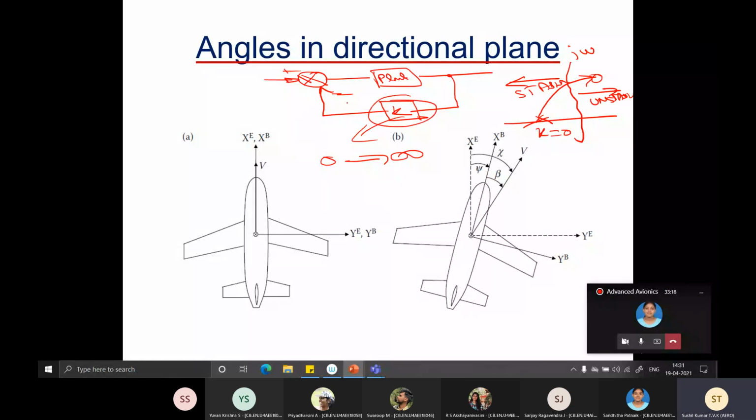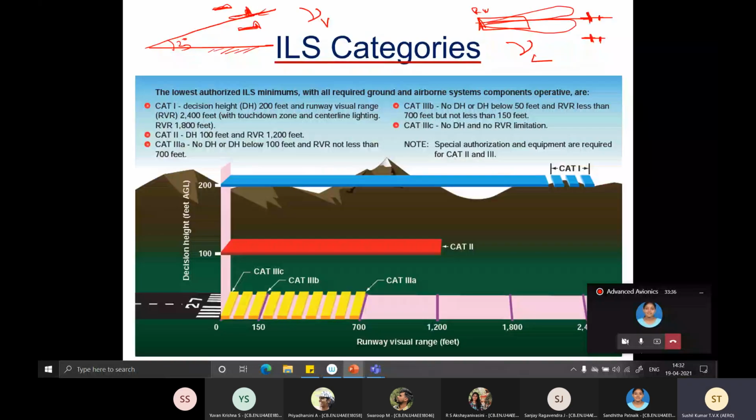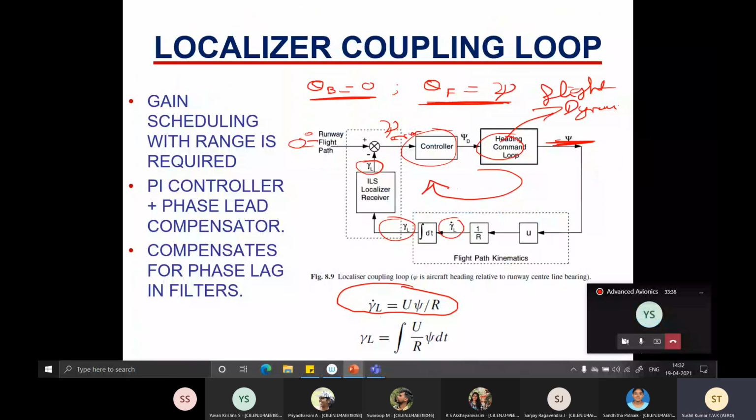Can you recollect now what I am trying to say? Yes, sir. Okay. Now try to correlate this with what is happening in this ILS autopilot. Now consider this block as K. It's not a hardware thing, but it's going to be there in the system. This is K. Now tell me what happens.